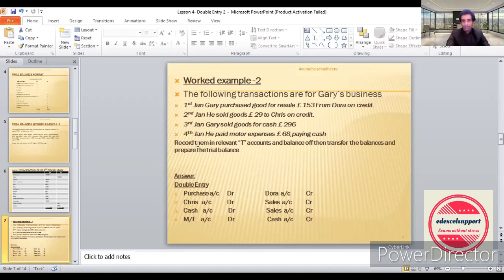Next one, last one, 4th Jan, he paid motor expenses, 68 pounds by cash. So motor expenses is an expense, it increases, so it's debit. Motor expense account, money is going out, so cash will be credited. So this is the double entry for these 4 transactions. Now next is to record them in a T account. We go and see how to record them in a T account. First transaction is purchase account debit and Dora account credit. Amount is 153. So remember that and we'll go